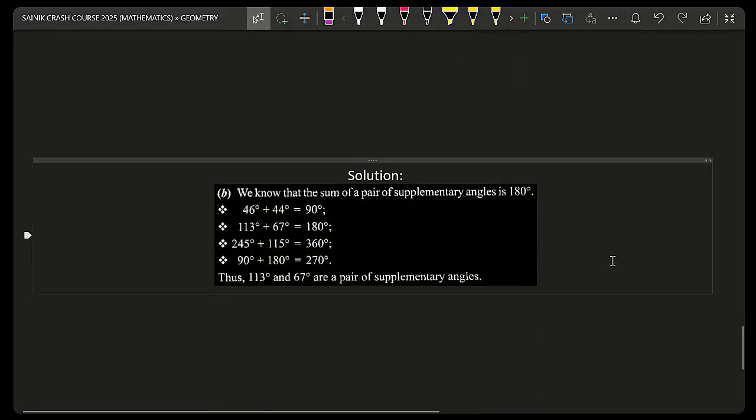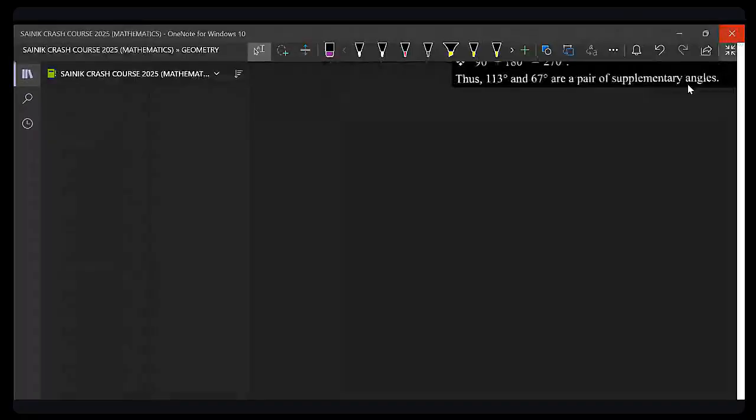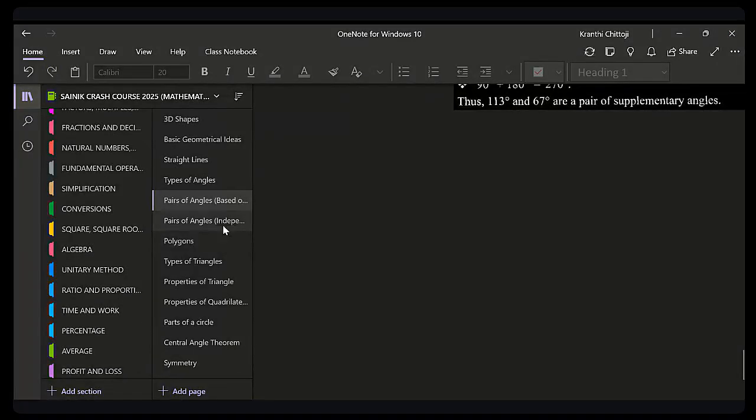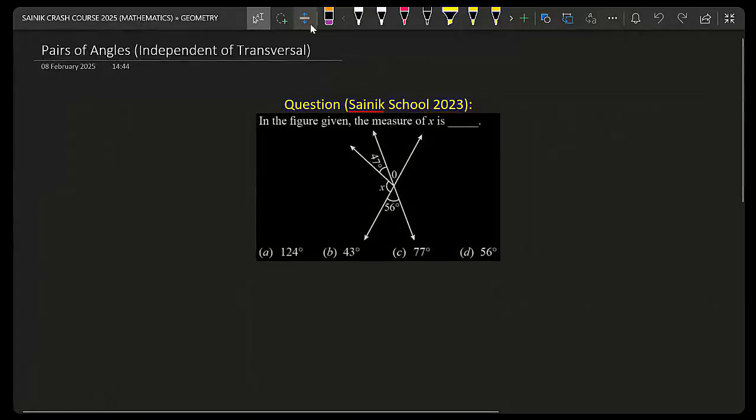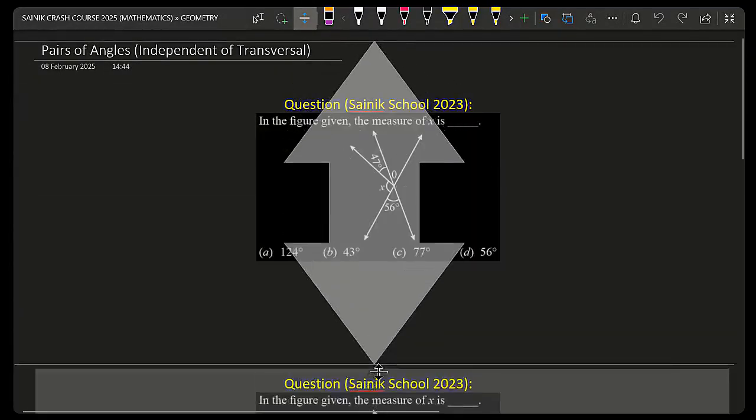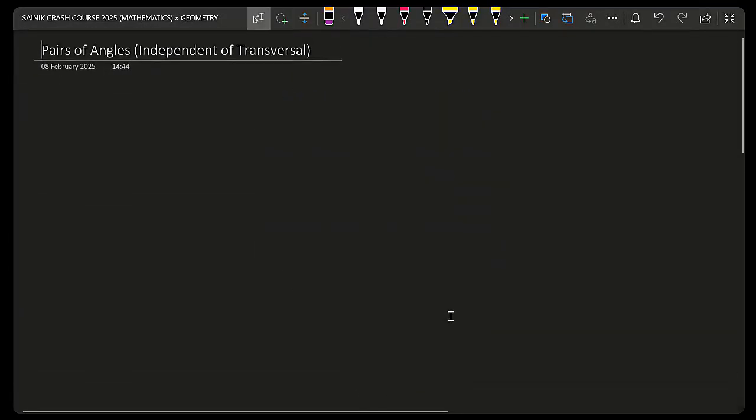And next, so this is about pairs of angles based on measures. Now we are going into an important topic called pairs of angles independent of transversal and dependent on transversal. About transversal we discuss later. Here the transversal is not required. In the next topic we are going to discuss transversal. So what do you mean by this? Pairs of angles independent of transversal. So the first pair is